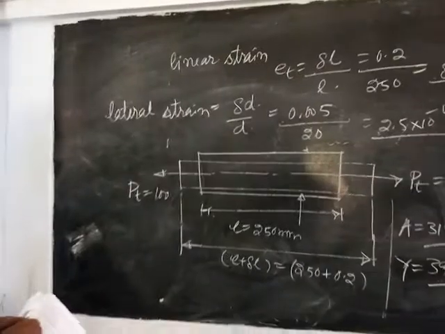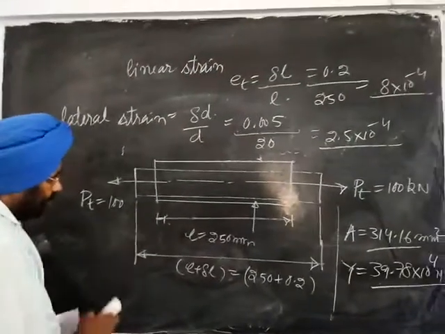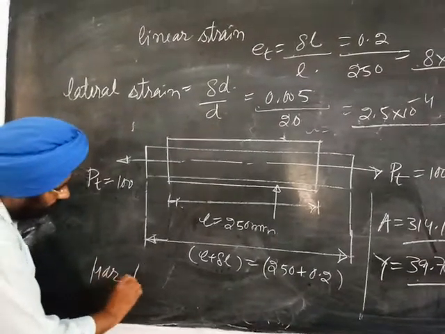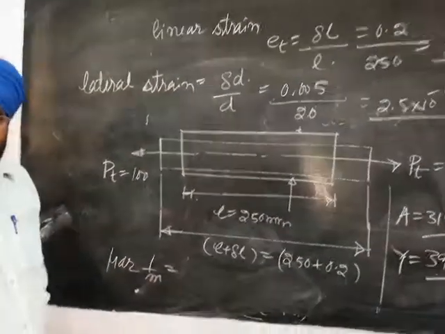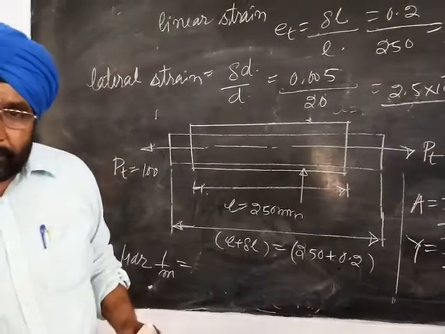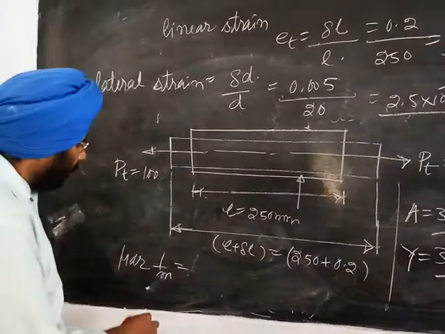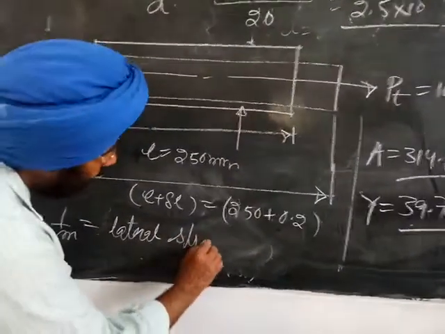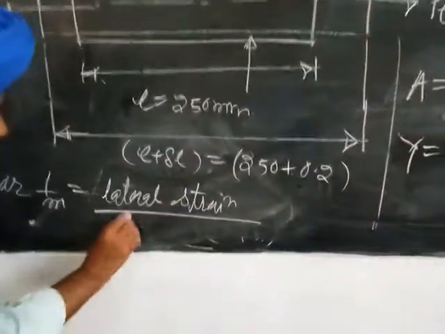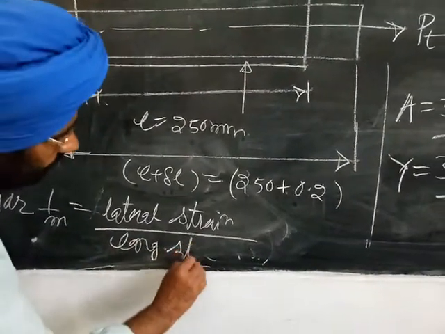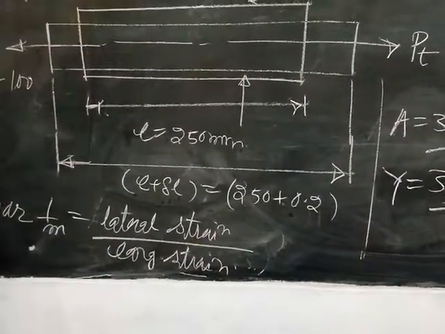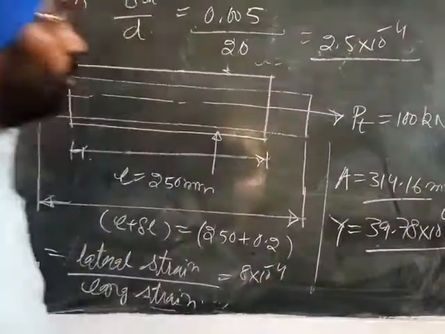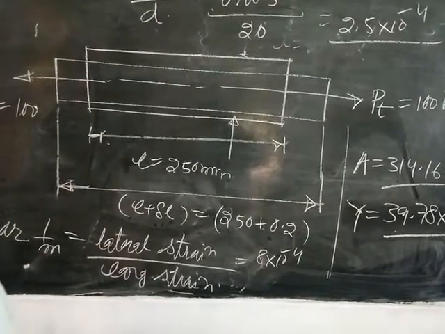Poisson ratio is denoted by mu or 1 upon m. Poisson ratio is the ratio of lateral strain upon longitudinal strain. So lateral strain